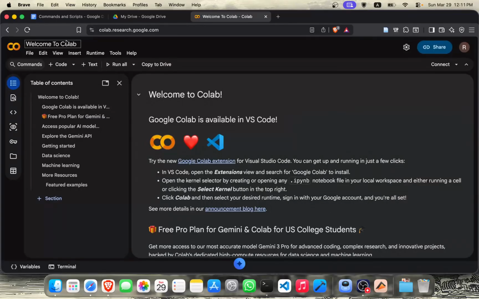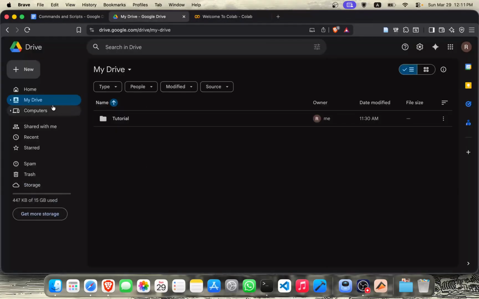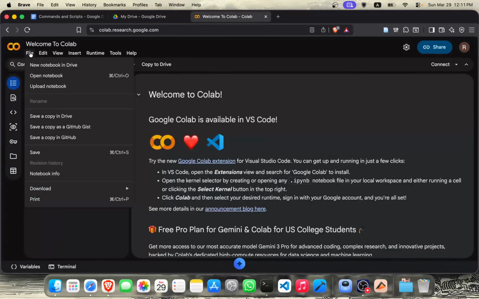This is a welcome notebook, and you can create a new notebook in Drive. This is my Drive, I have nothing but a tutorial folder. So if I create a new notebook over here,